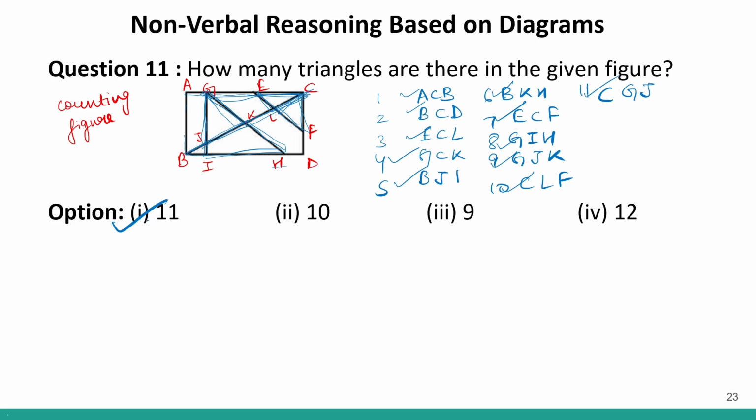So this is how you solve questions for counting figures. But then again, this can be tricky. So I have advised you to keep them in the last, because this can take a little bit of time. And the options are also very close. Options are 10 and 12. So if you miss one triangle, or if you count one triangle twice, either of this can happen, your answer will be wrong and you will get minus 1/4 number. And we don't want this. So it is better to skip these questions or keep them for the last.